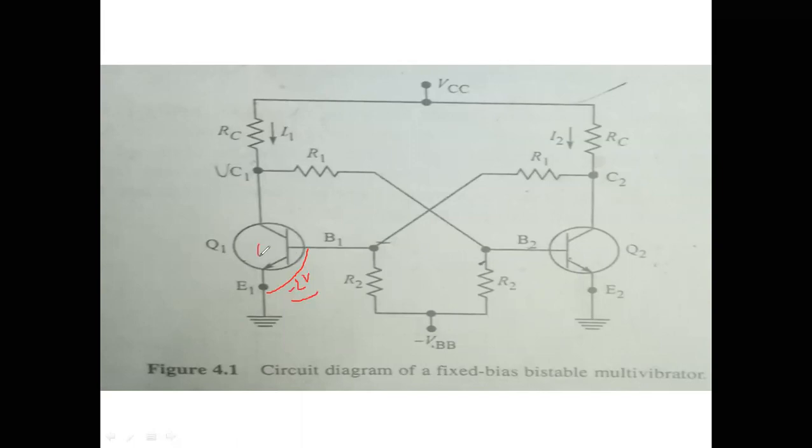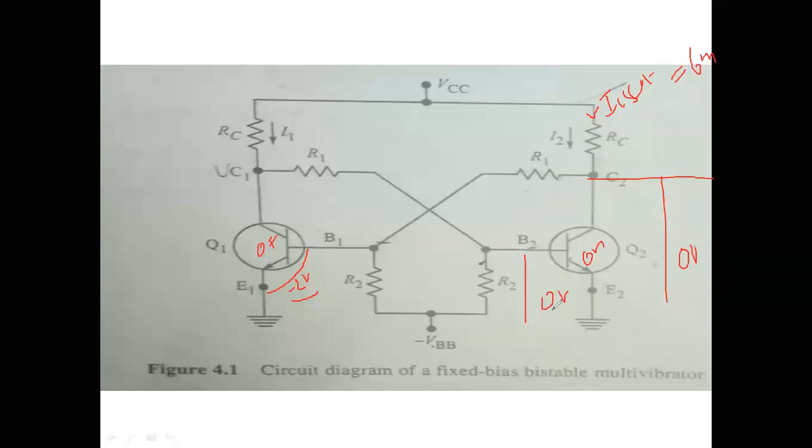Because this is an off transistor. Similarly, I have assumed the collector saturation current, IC sat, because this is an on transistor and current flows in this direction, as 6 milliamperes. Next, the saturation voltages VCE sat and VBE sat, for the on transistor, I have taken both as 0 volts. If the question mentions these values, you have to consider them. Here they are not mentioned, therefore I have taken 0 volts.